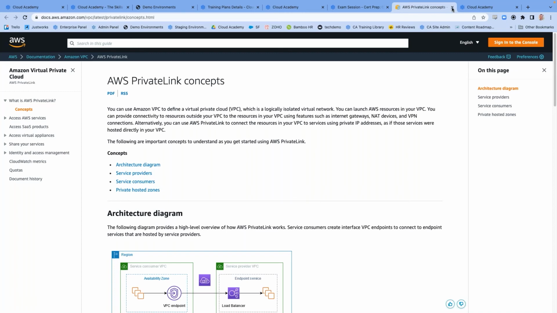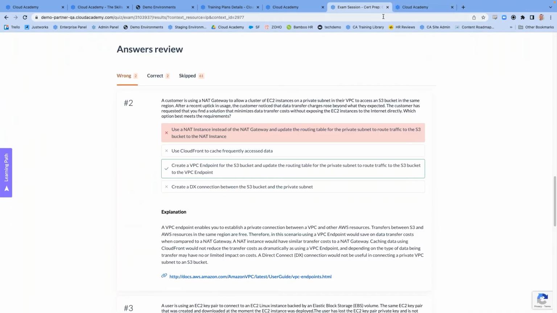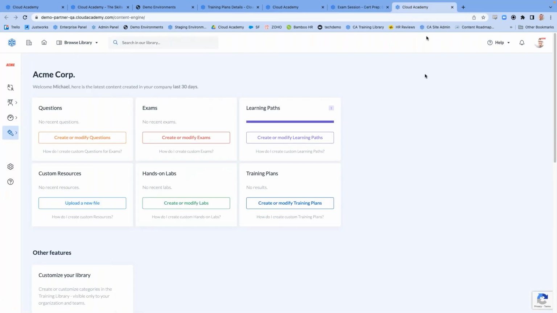So that is the end user experience through courses, labs, and ongoing exams. The last piece of today's webinar is going to show you how easy it is to customize any and all of this. I'll show you 2 key pieces here as an administrator. As an administrator, you would have access to what we call Content Engine. This is simply the UI where you can customize everything we've talked about today, except those lab challenges. We do need to work side by side with you in case we need to bring in our lab team or content team, depending on how comprehensive those labs are.